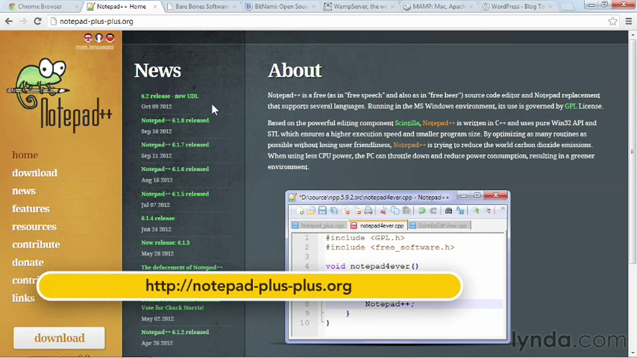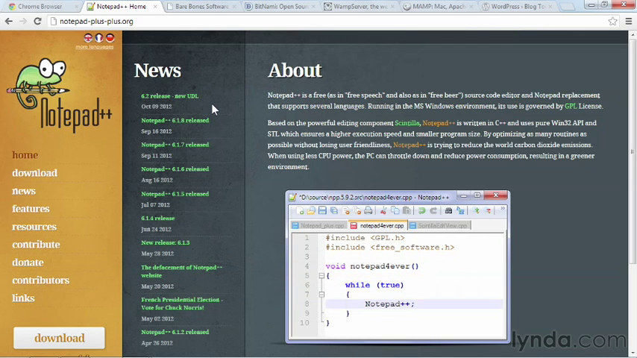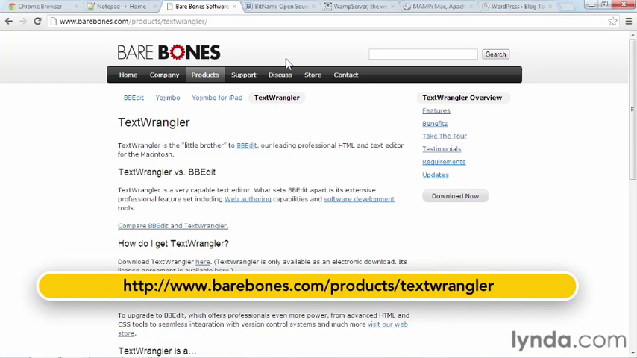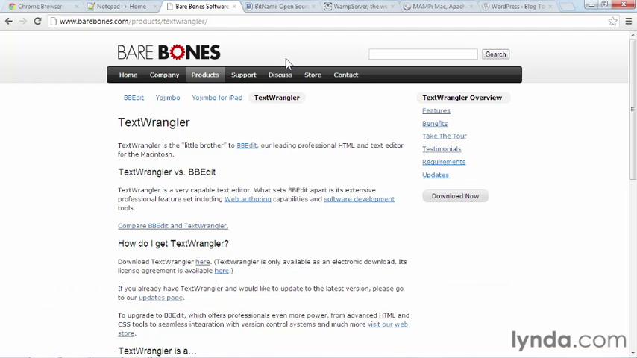I'll be using Notepad++ as my code editor. Notepad++ is a simple code editor for PCs, and it's very easy to use. However, if you're on a Mac, you need to install a Mac-specific application. One option is Text Wrangler from Barebones. It's free, and it works pretty much the same way as Notepad++, but there are many other options available that